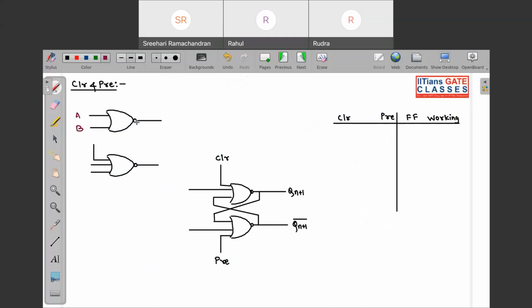Okay, NOR gate. So this will be what? A plus B whole complement. Now assume I have A, B over here, and if I give 0 over here, what will it be? It will be A plus B plus 0 whole complement. So this is actually equal to what? A plus B whole complement. But if